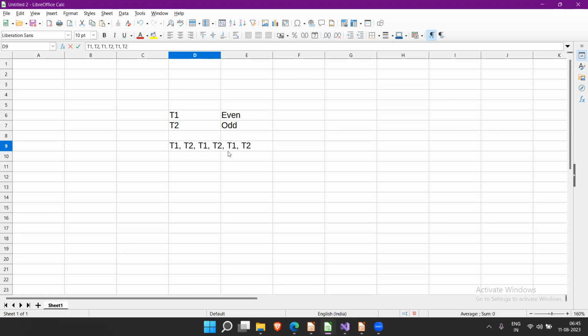That means I wanted to print 0 by T1, odd number by T2, then again T1, even number, then again T2, odd number, like this, up to 20. So basically, I wanted to print the 0 to 20 numbers, but in order to achieve this,